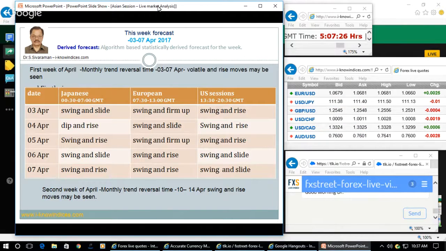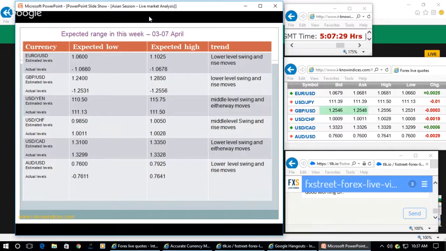Now let us see the range in which the currencies are expected to swing. Euro could swing from 1.06 to 1.10 level. Then in the case of GBP, it could come down to 1.24 and go up to 1.2850. Then in the case of yen, it could come down to 110.50 to 115 area. Then in the case of USD CHF, they could gain a little bit to 1.0050 and then come down to